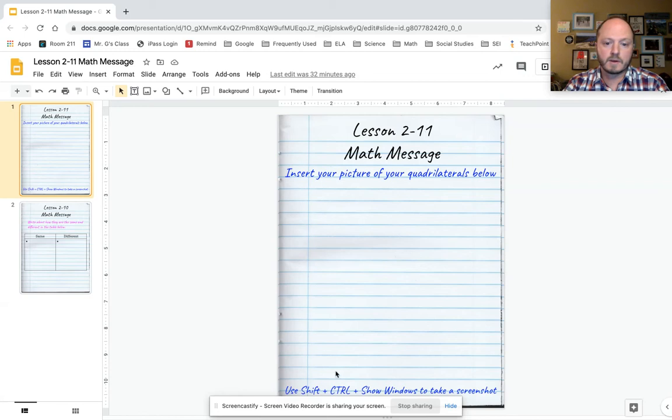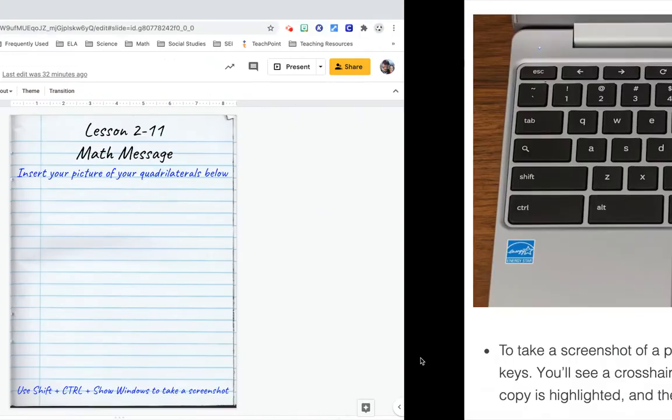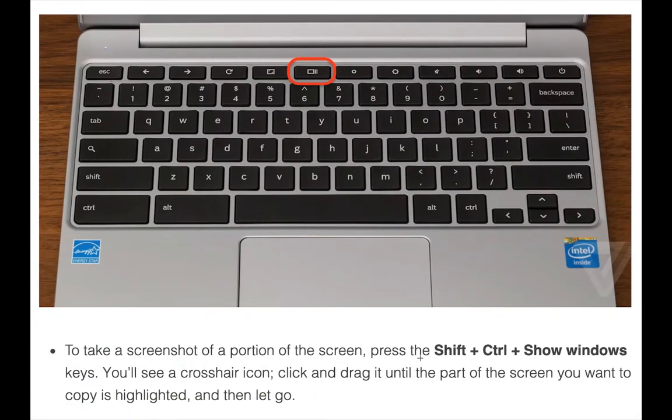And this little thing right here is a reminder about how to take a screenshot. Use Shift, Control, and the Show Windows button. And this also is a little tip here. So Shift, Control, the CTRL, and the Show Windows button right there. All right, and that will allow us to take that screenshot, okay? So after you're done with that, we are going to think about